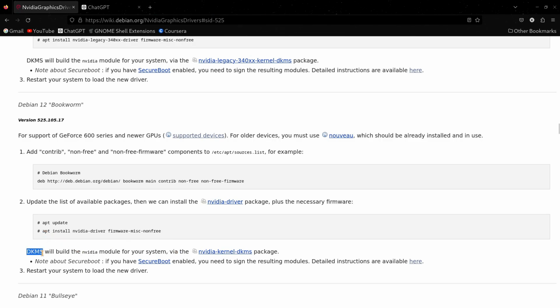The DKMS actually builds the Nvidia module that is specific to our current kernel, but it is not gonna work if we have secure boot enabled. It is just gonna reject the installation. So I'll have to see here, note this about secure boot. If you have secure boot enabled, that is the case with most of the laptops and systems that come nowadays, you need to sign the resulting modules. Detailed instruction available here. So I'll have to also follow this, but let me first just, I don't know if